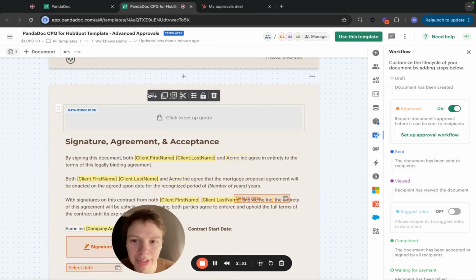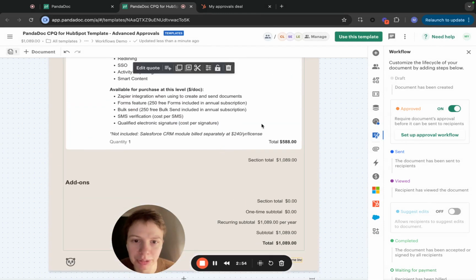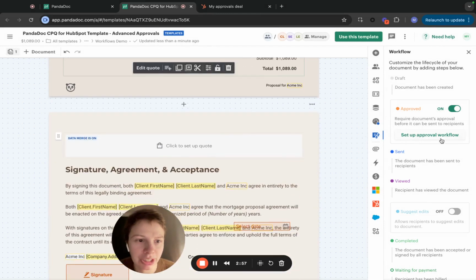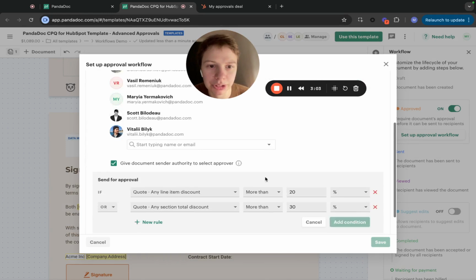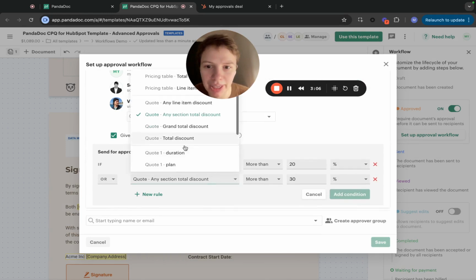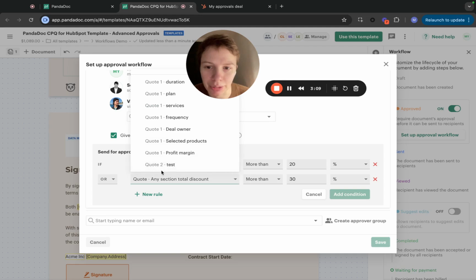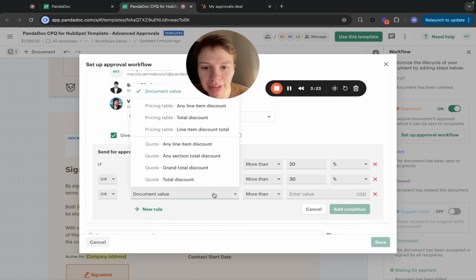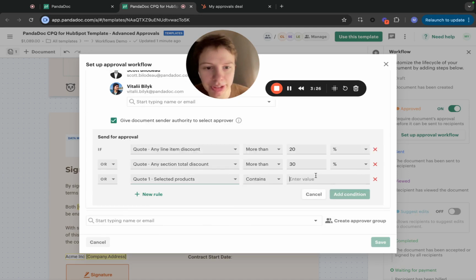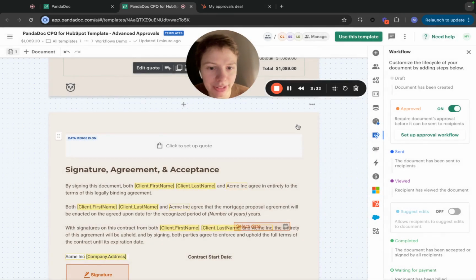You can have as many quotes as you want on your document. So in this case, I have a quote 1 and quote 2, just to show you that you can set up approval rules based on attributes of any quote. So in quote 2, I have an attribute, a data field called test, that I could have checked as well. Let's write a new rule. We are going to check that selected products contain Pro. Add condition, save, and